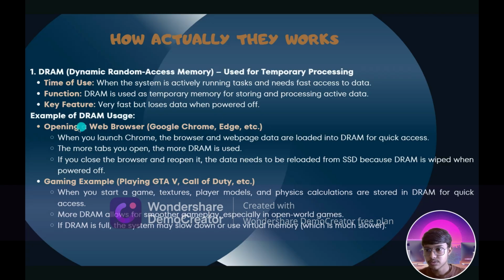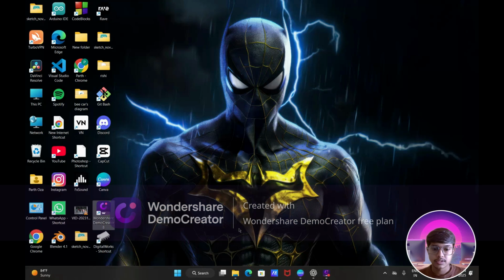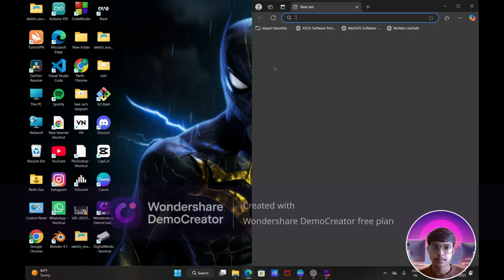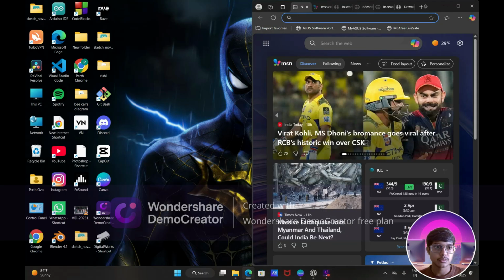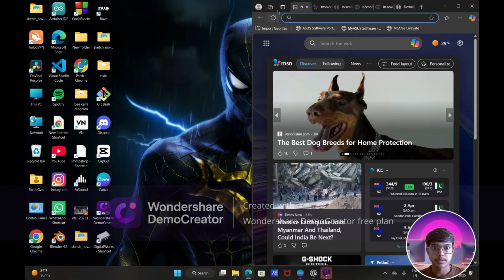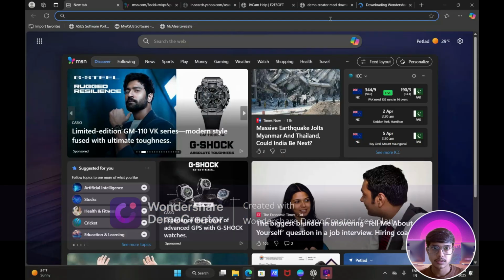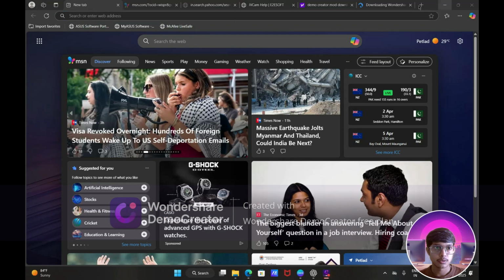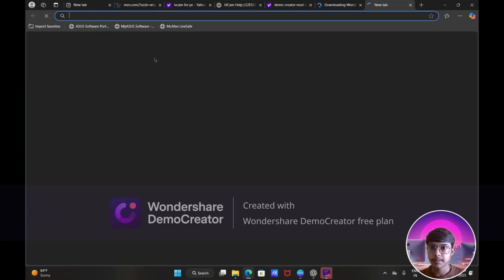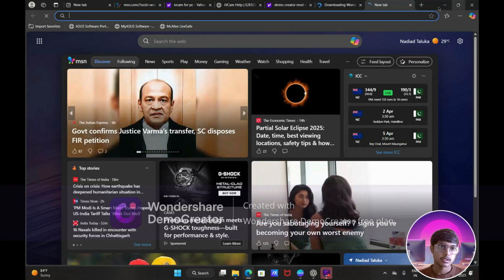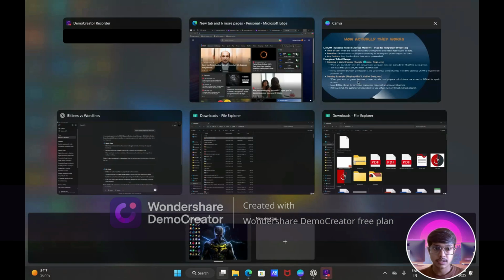Example, we are going to see an example first. Opening of any web browser. For example, I open Bing here. So for opening a new tab it will take some time. See, if I open a new tab, it will take time to load and then it will open. So during this time of loading,